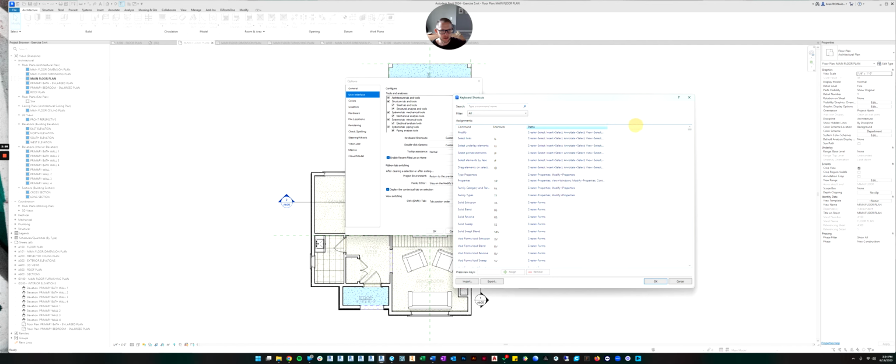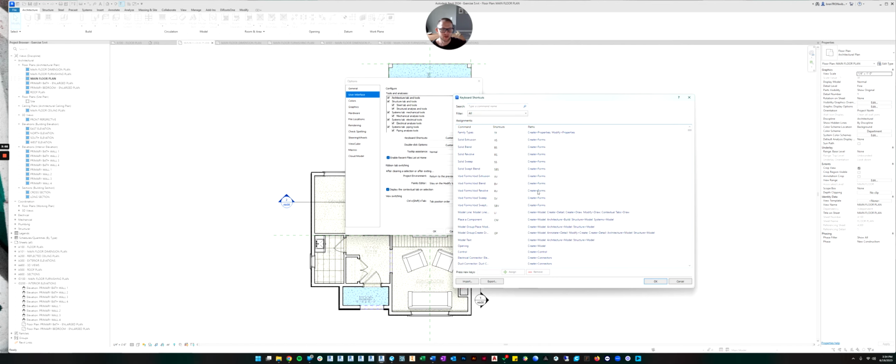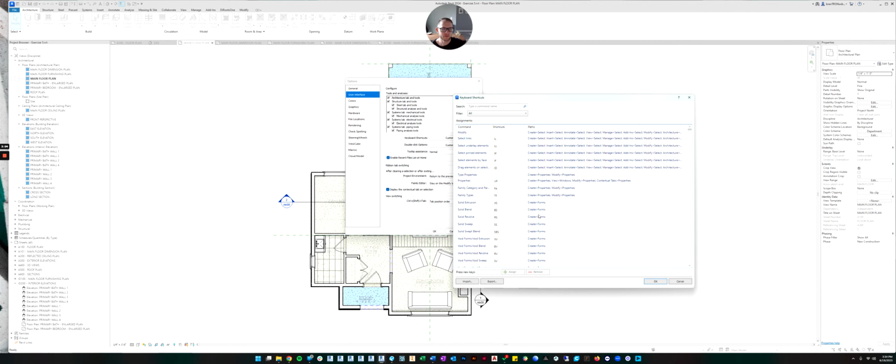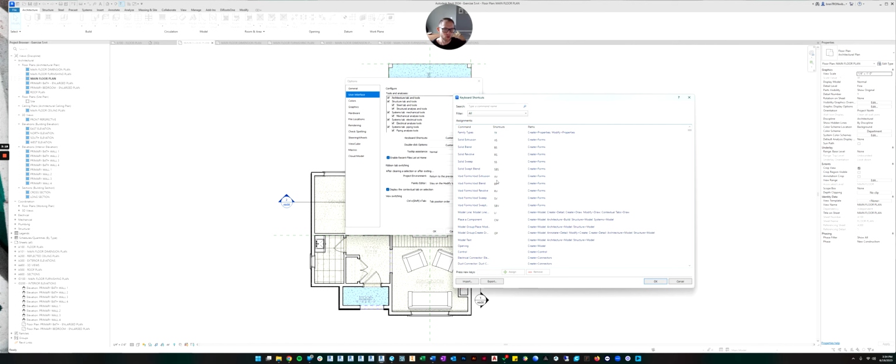And then this kind of tells you where you would find the command. So sometimes this is helpful because maybe there's 2 finish commands. There's one that finishes a ceiling sketch and one that finishes like a floor sketch. So you'd want to know which command, even though they have the same name, you want to know which one you're assigning the shortcut to.